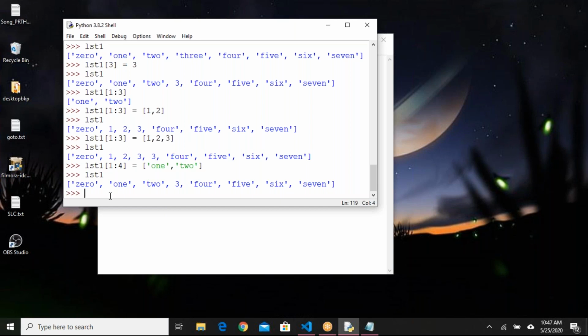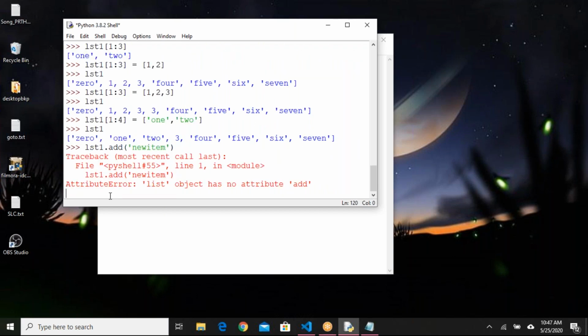Okay, I got a list here. We have 0 1 2 3 4 5 6 7. I want to add new elements to the list. How can I add? It's very simple. list1 dot add is the method we have. Sorry, append.